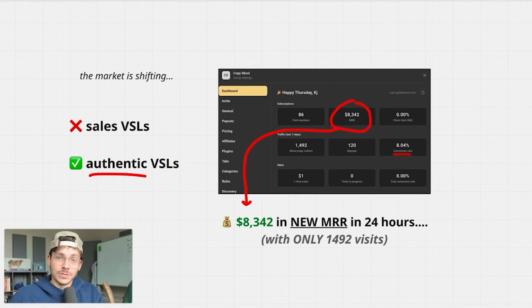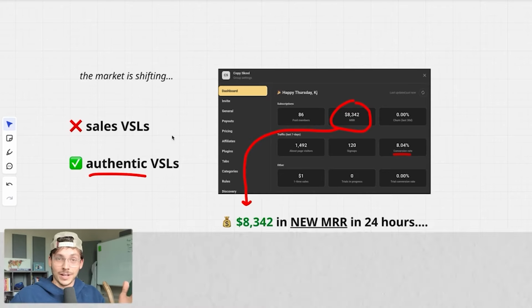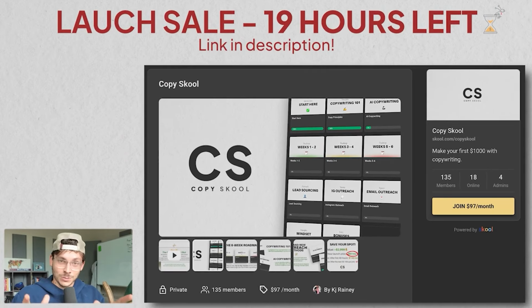Because there's people making tons of money with VSLs. What is the new wave of VSLs, the new things that are working? And I came across what's called an authentic VSL. And I just launched one for myself yesterday. And so far, in the past 24 hours, we've done 8.3K in new MRR on our low ticket school